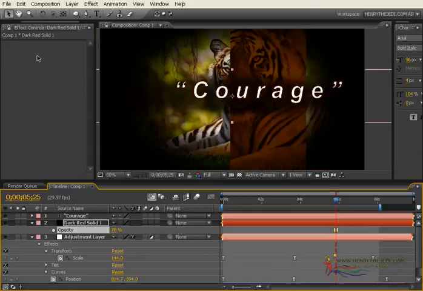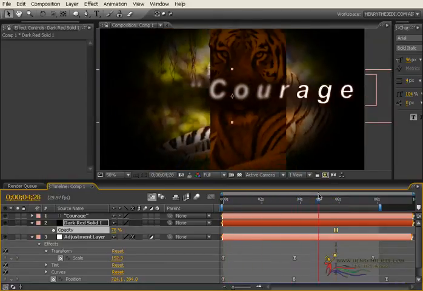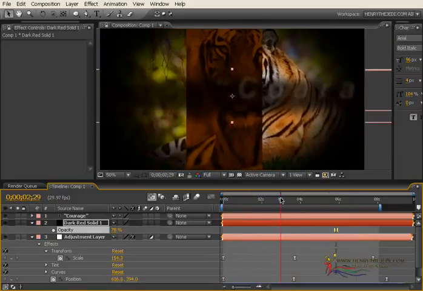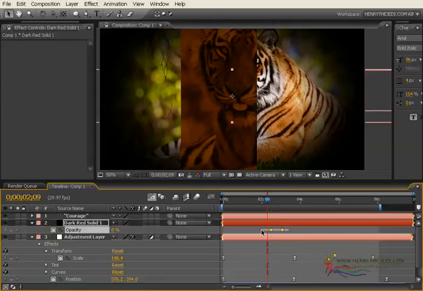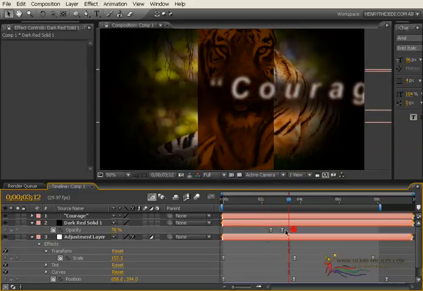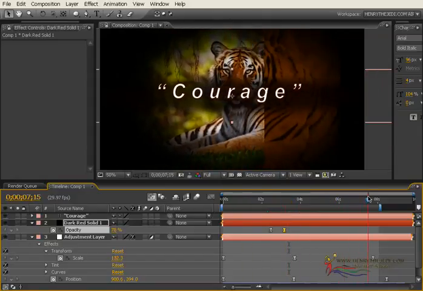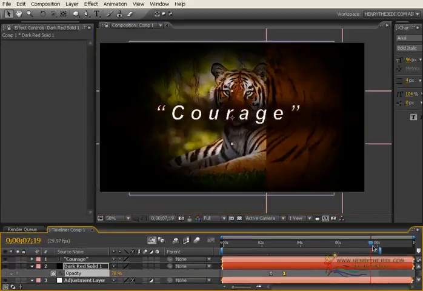The whole idea is just for it to give us some room for us to still be able to read our text layer like that. And when our animal still appears, we can always click on the stopwatch for the opacity, move this keyframe up. It's going to start from nothing, so that it still gives our layer some time to animate, to appear properly. So it starts from 0 and then gets darker as our text comes through like that. Okay, so now you can see it's much easier to read our text below our layers.